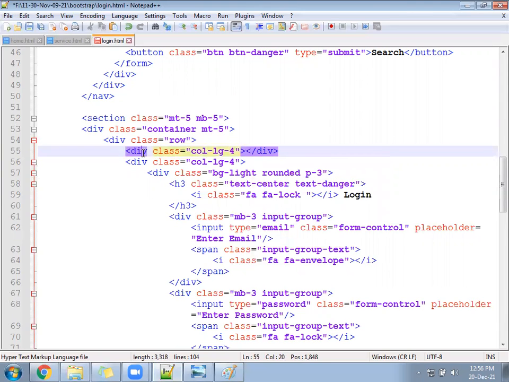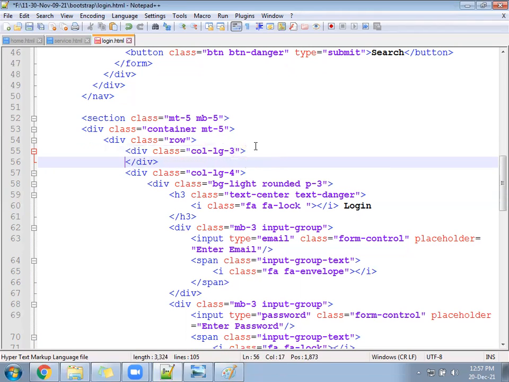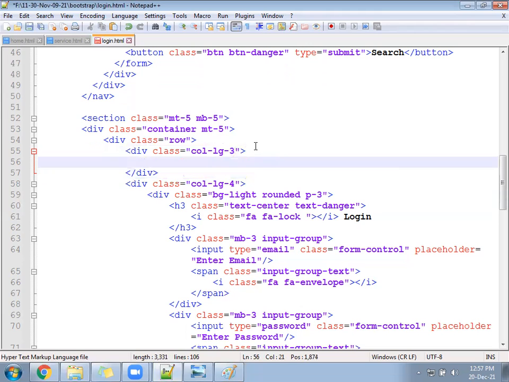Call LG3. Ready? Go under the call LG3 and open the UL. Close the UL.